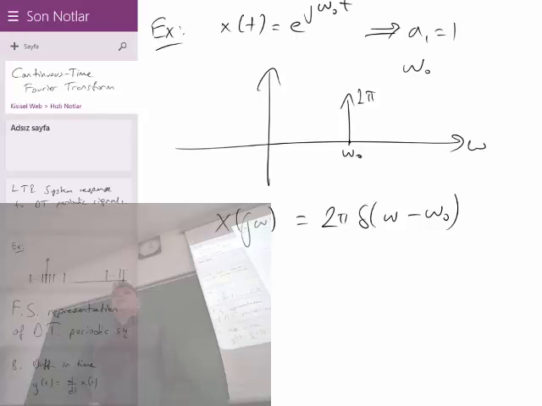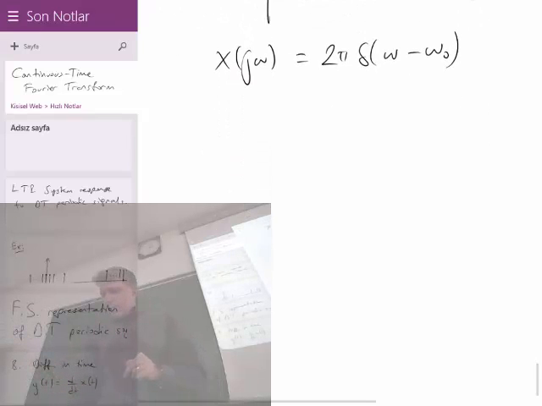Now we have seen how to find the Fourier transform for periodic signals. To say it again, we find the Fourier series coefficients and we scale them by 2 pi and insert impulses. Now I'm going to show you quite an interesting